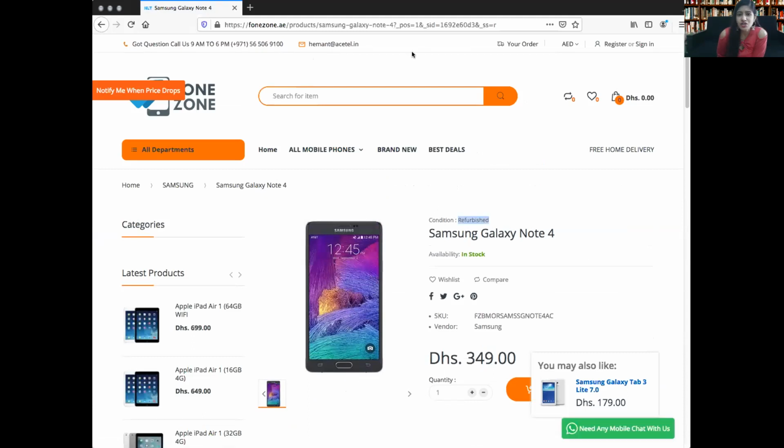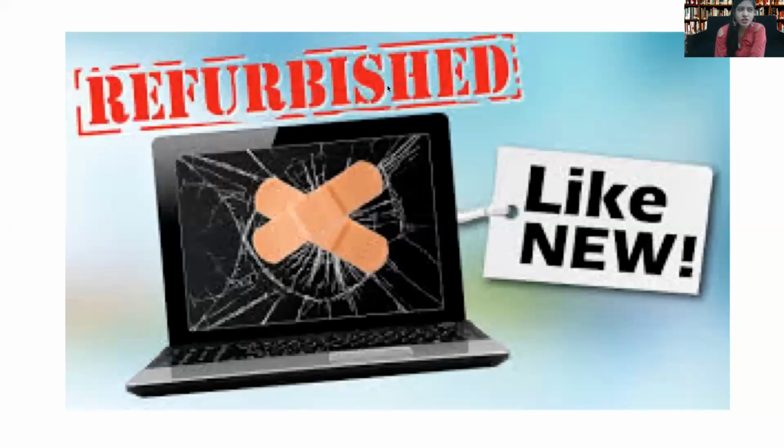And this has a condition written on the top, that is refurbished. So let us talk about the refurbished condition and see how it's different from others. Talking about refurbished products or brand new products, we can say that refurbished products are quite similar to brand new. As the word itself says, refurbished means creating something new-like. Furbished is new-like and re means again. So something new-like again, we can say.